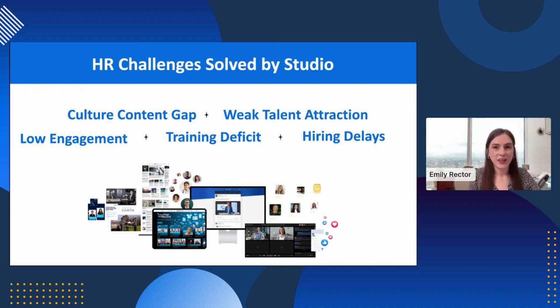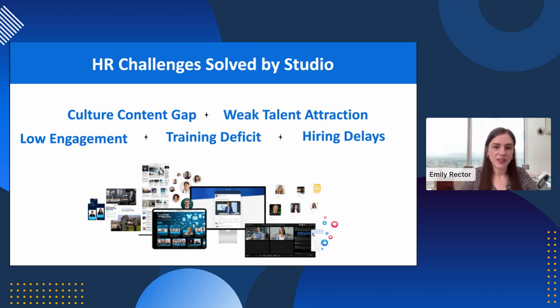And then low engagement. Studio allows for everybody to be a participant in your content creation. I'll go over this throughout the webinar, but things such as open links engage with your employees. And especially now with a lot of employees being remote all over the country, it's not as easy to engage with them face-to-face, one-on-one as it used to be whenever everyone was in the office. And so Studio allows them to directly engage and create content from wherever they are in the world.